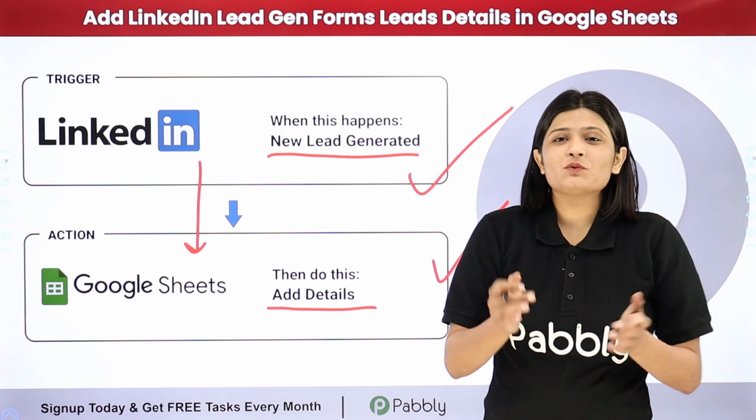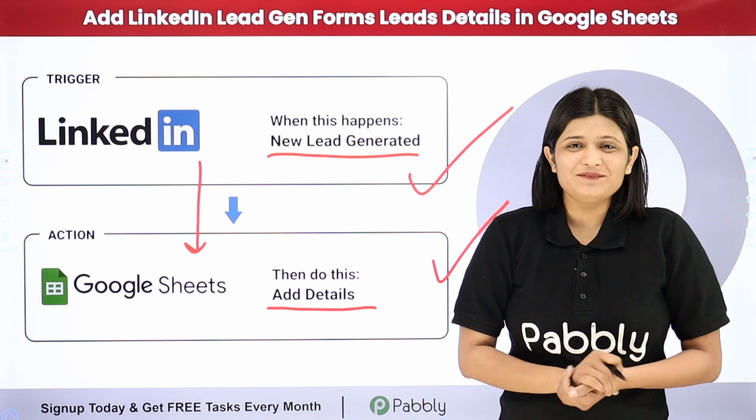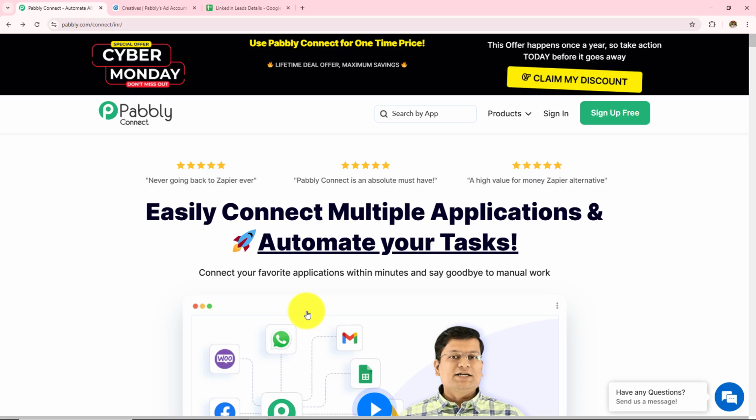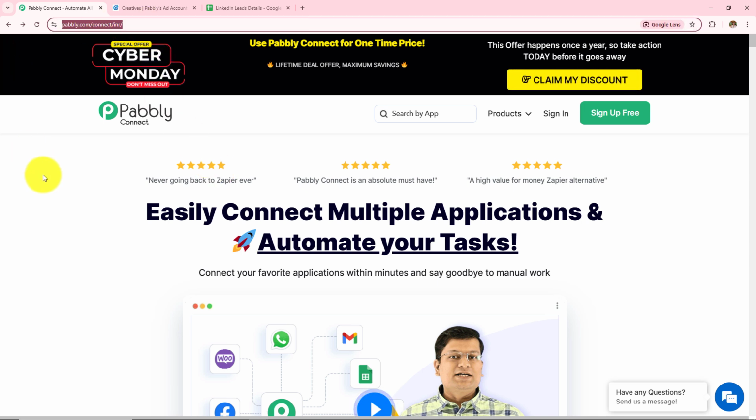automatically. If you want to learn this amazing automation step by step, then let me take you all to my screen. In this video, we are going to learn how to add LinkedIn Lead Gen Forms leads to Google Sheets. For this, we are going to create automation between LinkedIn Lead Gen Forms and Google Sheets with the help of Pabbly Connect. So this is the landing page of Pabbly, and you can visit this simply by typing pabbly.com/connect in your